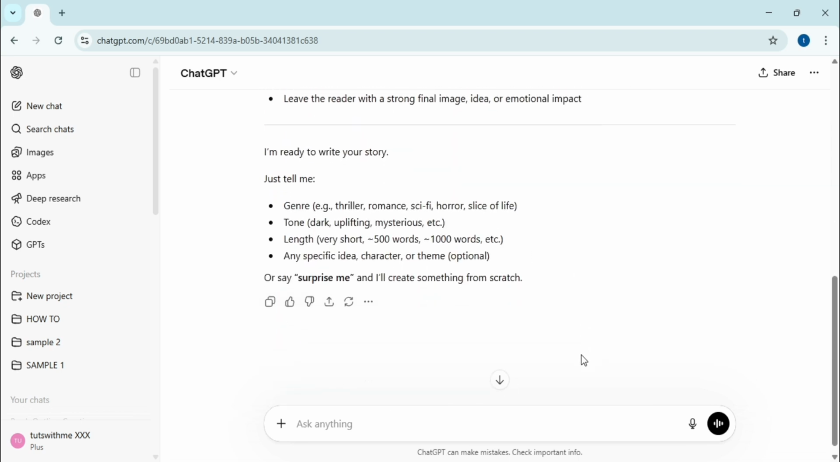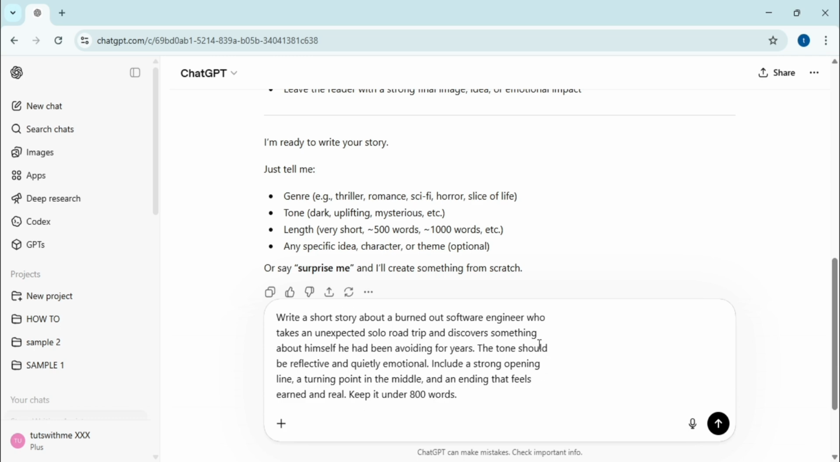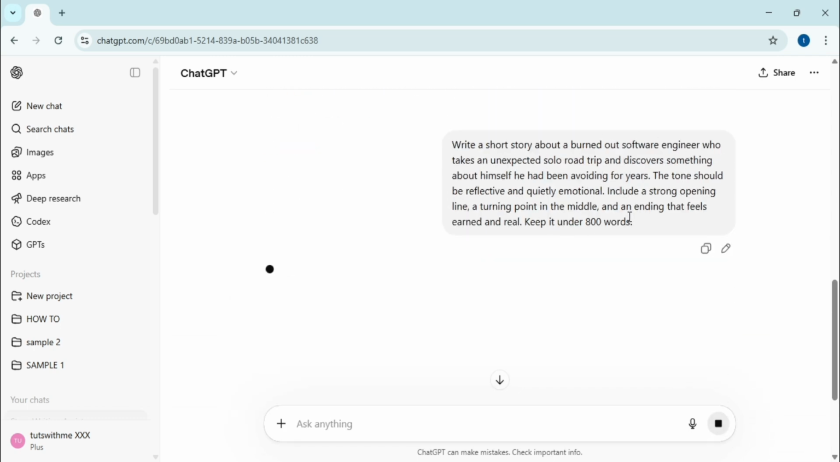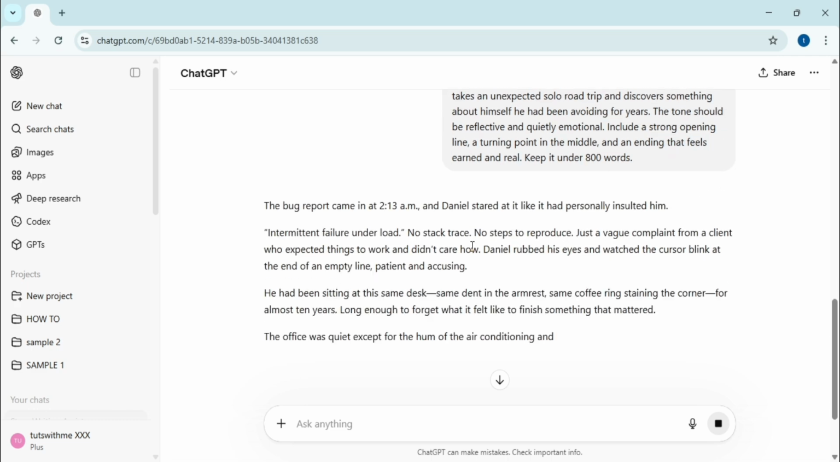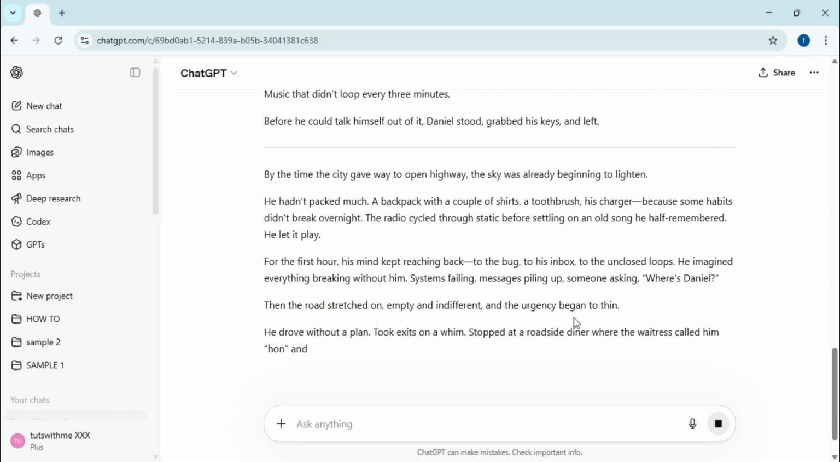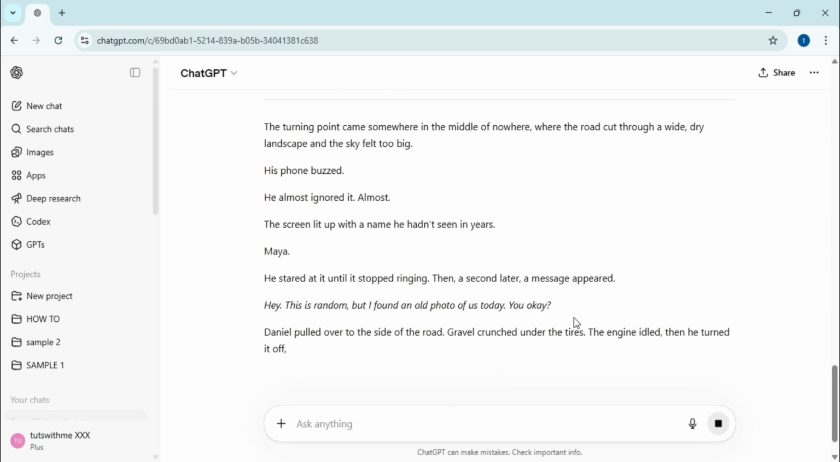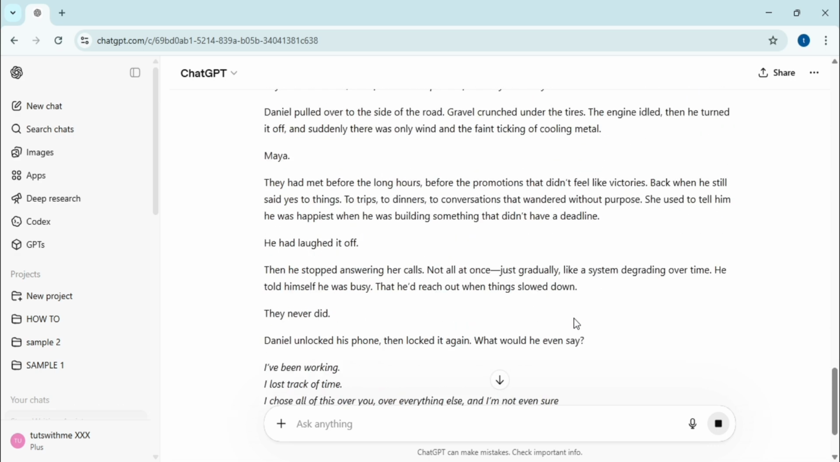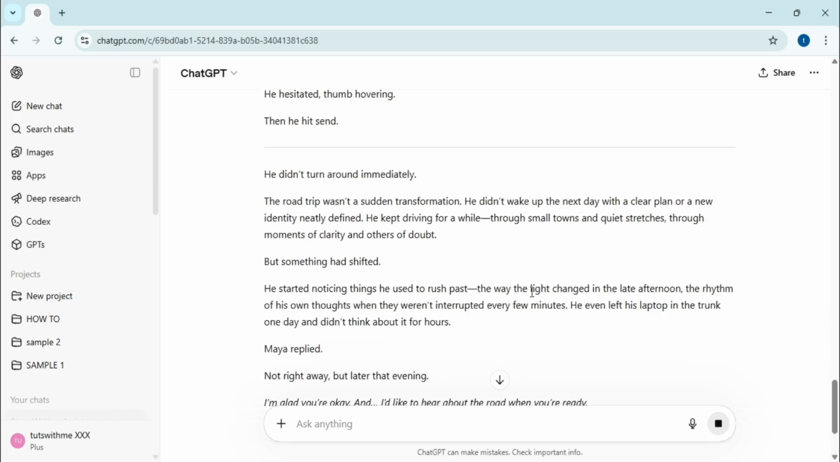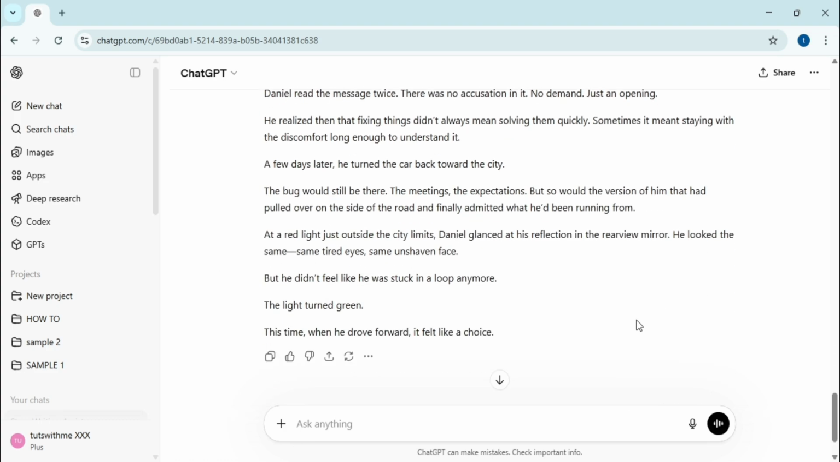pacing, and character development. Now, I provide a specific prompt about a burned-out software engineer who goes on a solo road trip to rediscover himself and find clarity. The AI produces a reflective story about a man named Daniel who finally steps away from his screens to find a moment of peace on the open road. The narrative captures his transition from technical burnout to emotional awareness, highlighted by a sudden message from a friend named